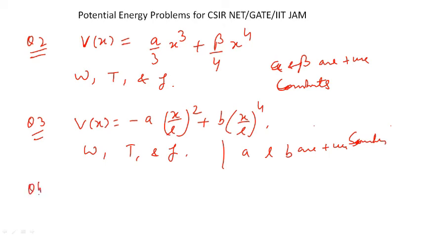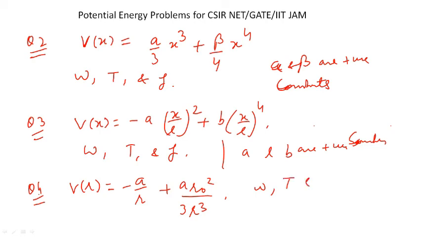Now the fourth problem is VR is equal to minus A upon R plus A R0 square upon 3R cube. Here you again have to find omega, T and frequency. So in all these problems, first you will find